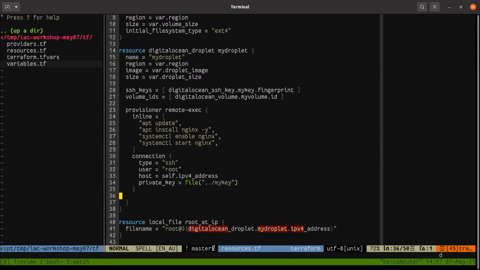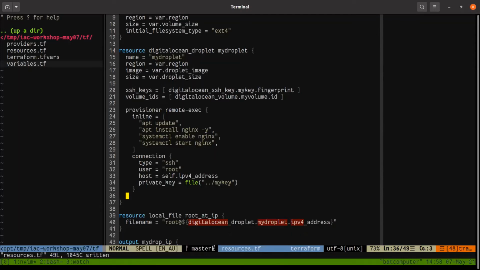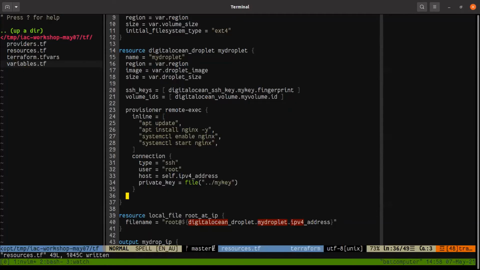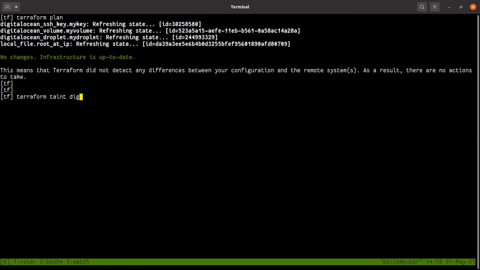So what I'm going to need to do is force Terraform to recreate this thing. And the way I force Terraform to do it is go terraform taint. We're going to taint our instance. So this is the tainting: digitalocean_droplet, my droplet. Okay, so I will taint this guy. Okay, so now if I run plan again,